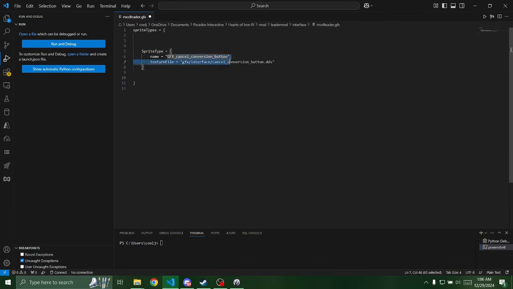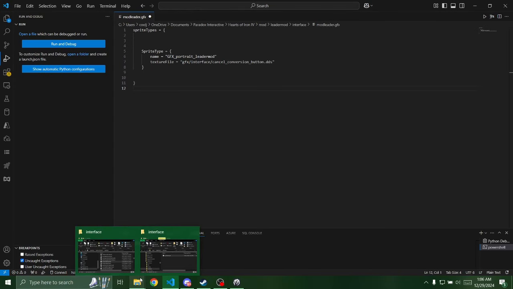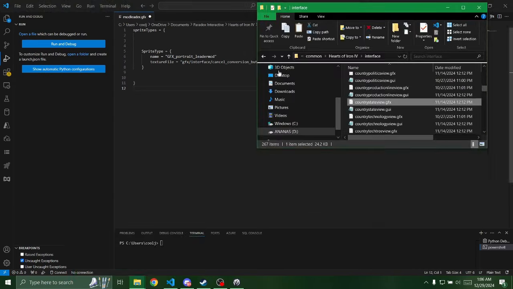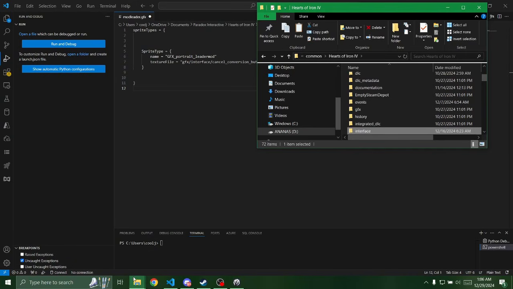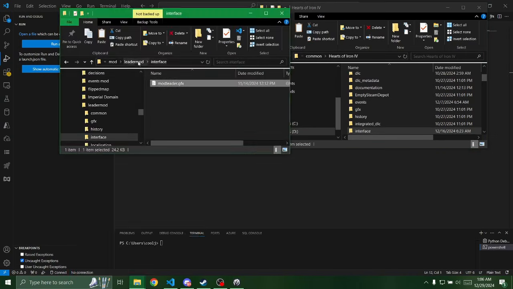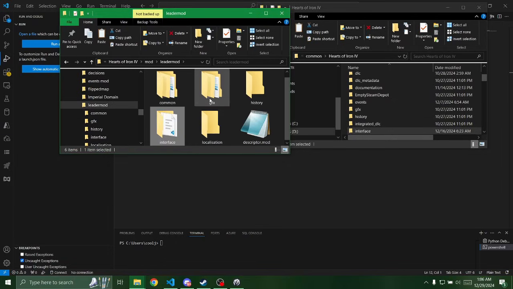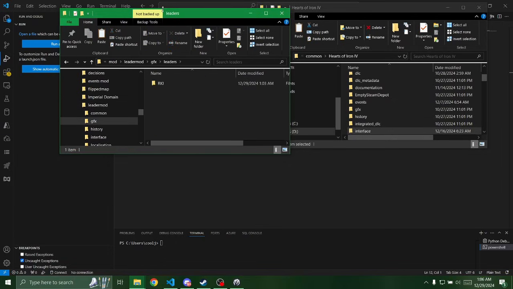Now we're gonna name this. And I believe when naming a portrait, you want to do GFX, portrait, and then little leader or whatever. I'm not entirely sure why, but you need portrait and you need GFX. I could be wrong, but I'm pretty sure that's the ones. Anyways, we're gonna go back to leader, back to GFX, leader,